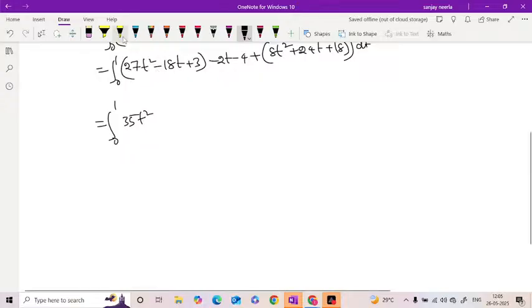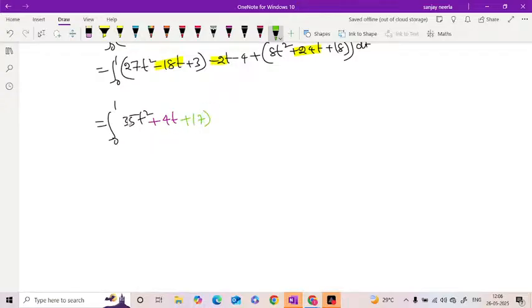The t terms: minus 18t, minus 2t and 24t, so we get plus 4t only. And the constant terms: minus 3 and minus 4 and 18, here we will get 17, so 35t square plus 4t plus 17 into dt